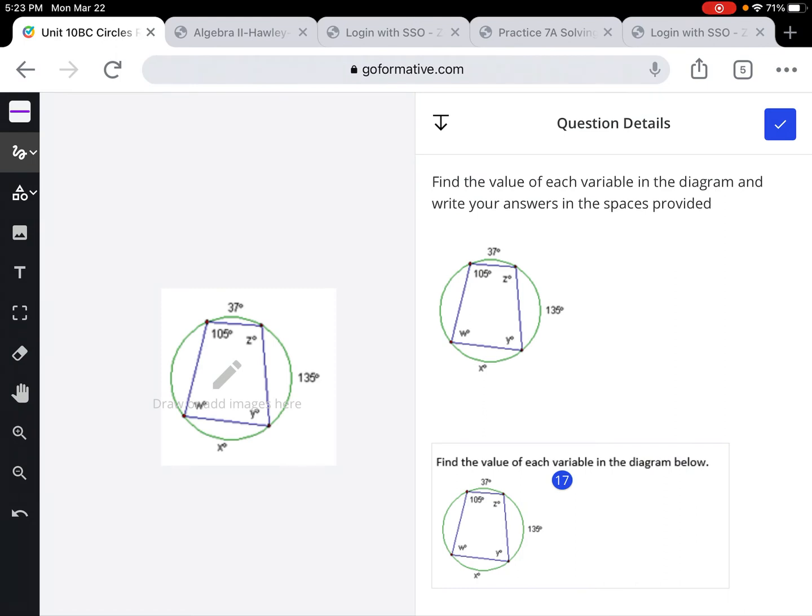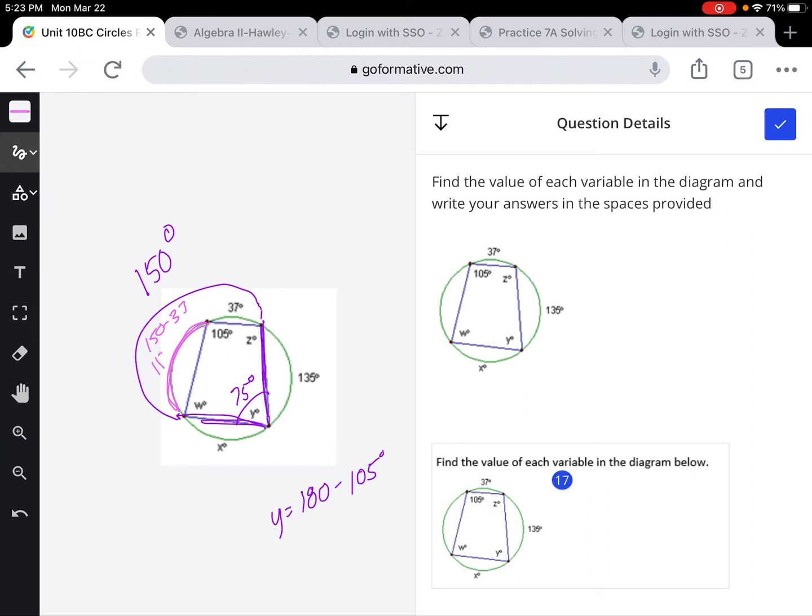This one's a little bit more challenging. You have to realize a couple things. Opposite angles, so Y is in a quadrilateral, are supplementary. So Y has to be 75 degrees, which means the intercepted arc of Y has to be 150 degrees because it's twice this, which means that this arc right here that we're missing is going to be 150 minus 37,